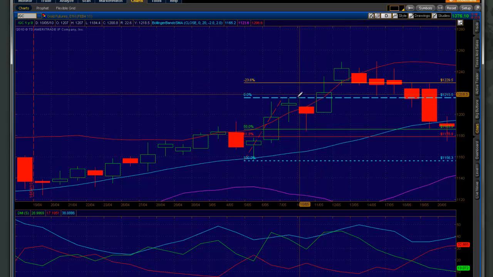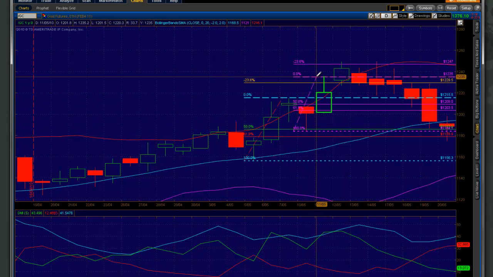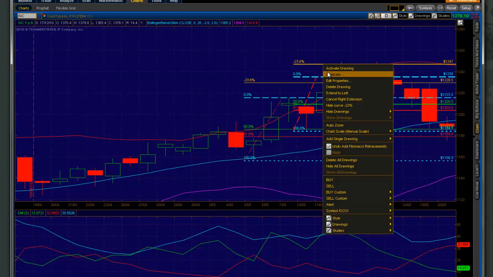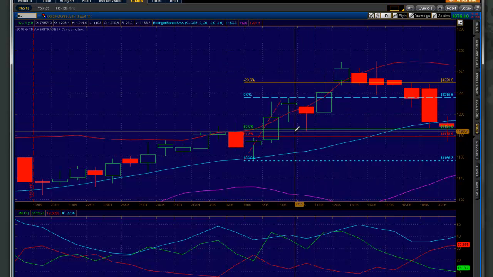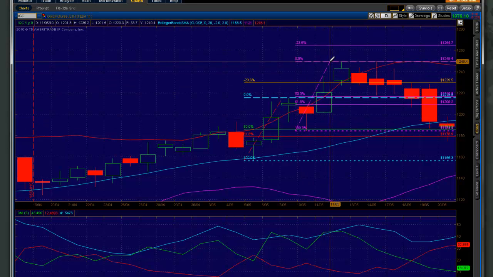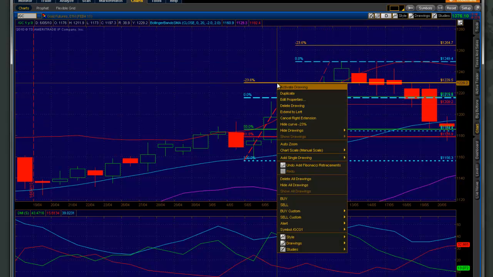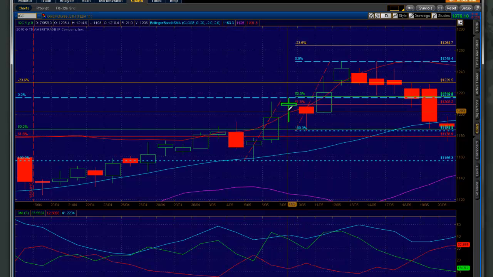Now if we do that again, we go for a third series of measured moves. Then we're going to go from the low to the high. Now we have a new high here, so we'll press on that. Oh, just pressed a bit early there. So we'll click on the high, get rid of our previous one,